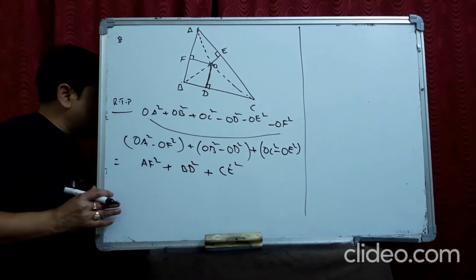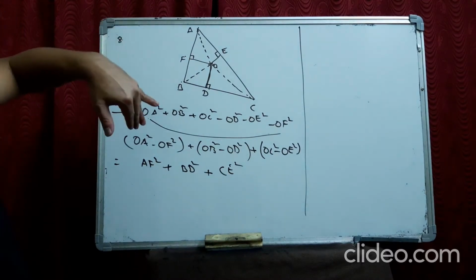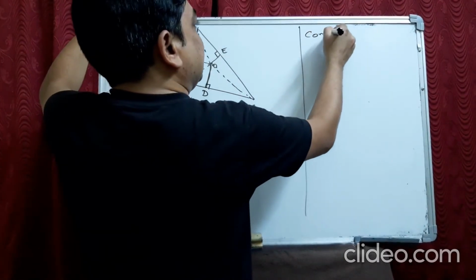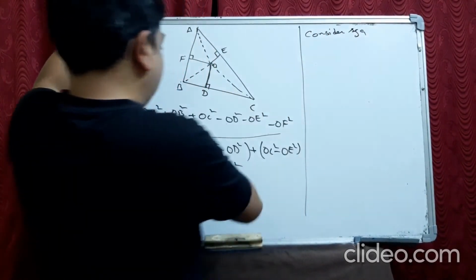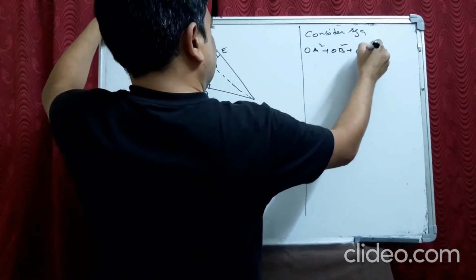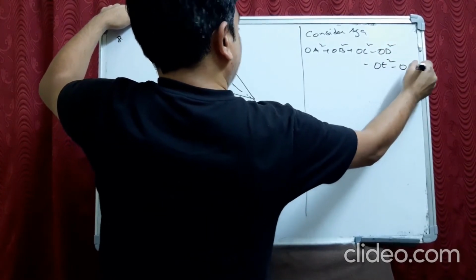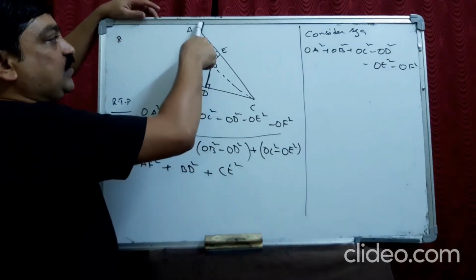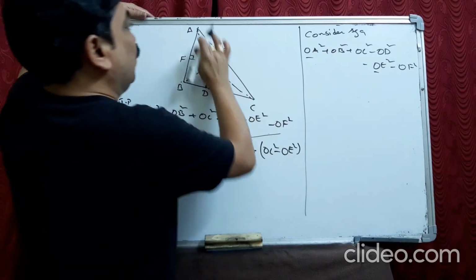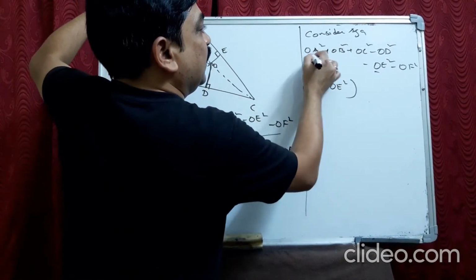So that is the first thing they have asked us to prove. Now if I take the same thing again, I go in the anti-clockwise direction. The same thing, because I prove these two are same. Consider again OA square plus OB square plus OC square minus OD square minus OE square minus OF square. Anti-clockwise means OA square with OE. OA with OE, so OA square minus OE square. This one pair.